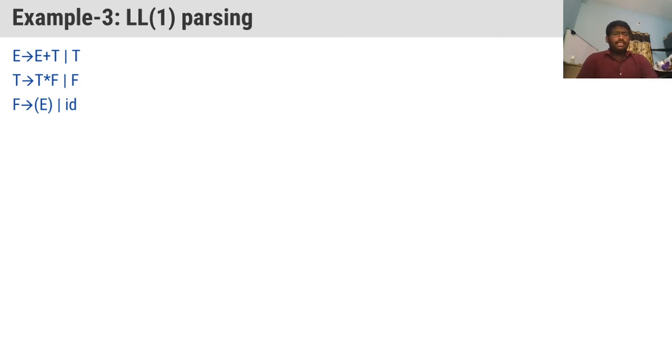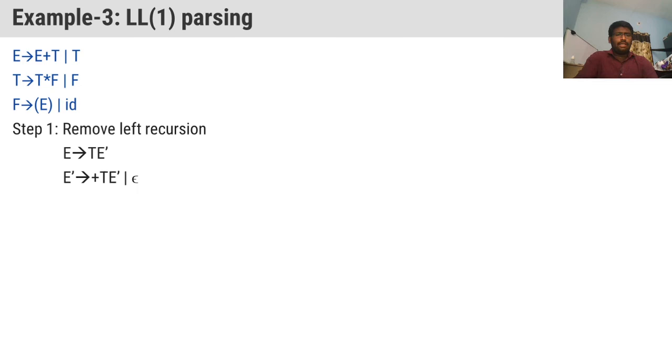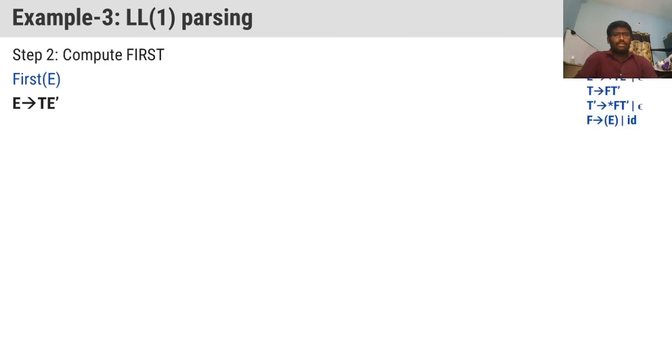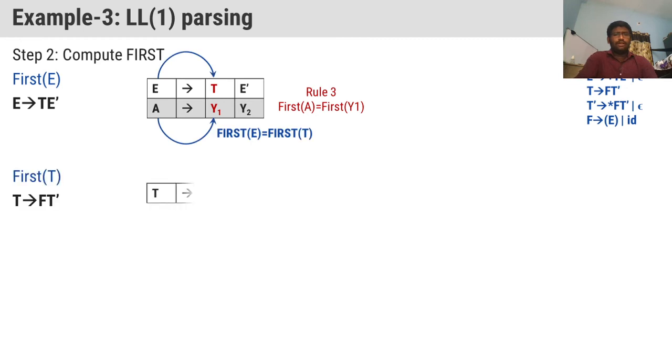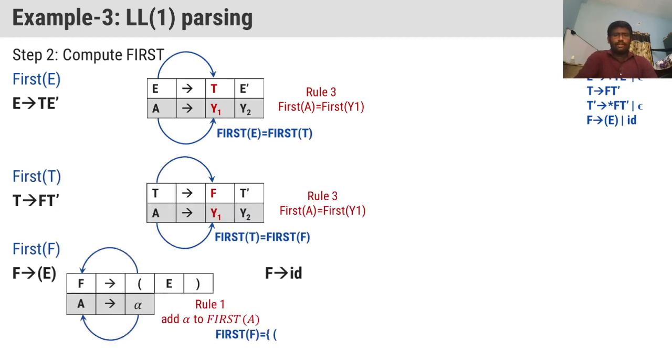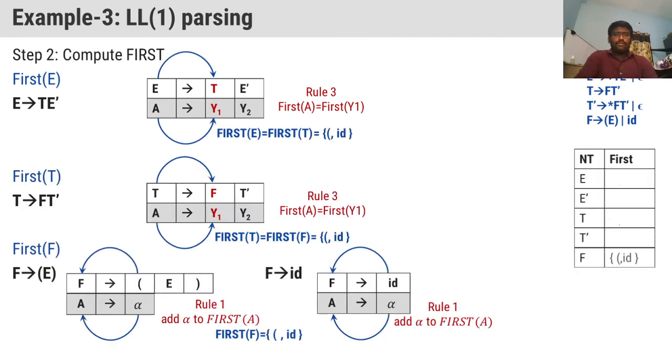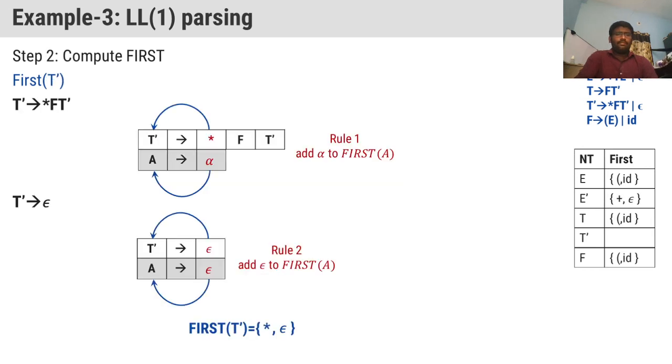So this grammar is E derives E plus T or T, T derives T star F or F, F derives E in parentheses or ID. Now what are the non-terminals here? We have non-terminals capital E, capital T and capital F. We are now going to find out the follow sets for these non-terminals only. Leave aside the first sets, we have already seen them. We are now going to look at the follow sets.